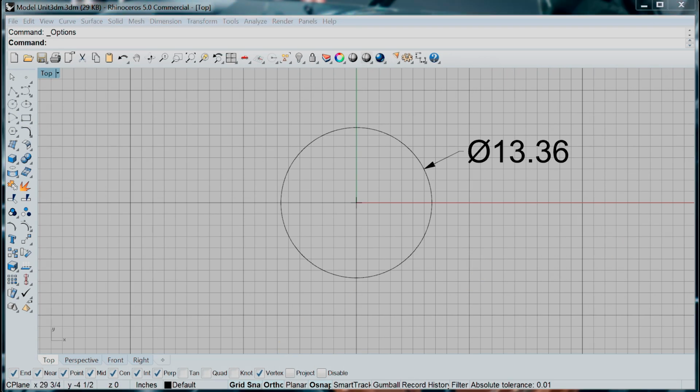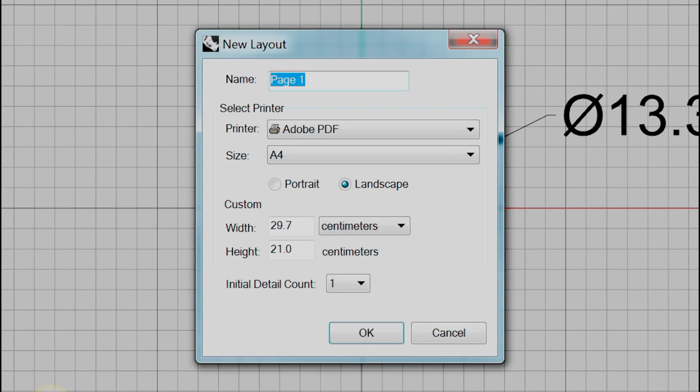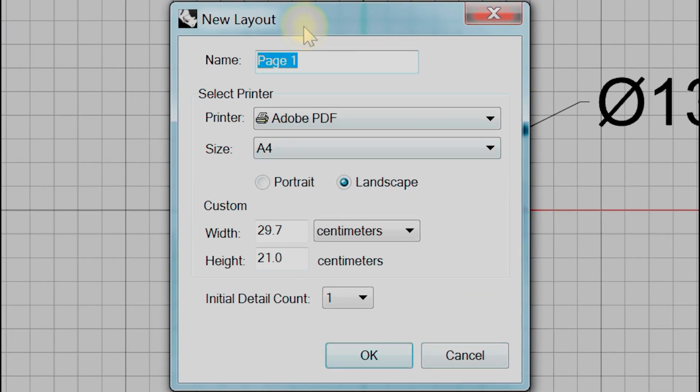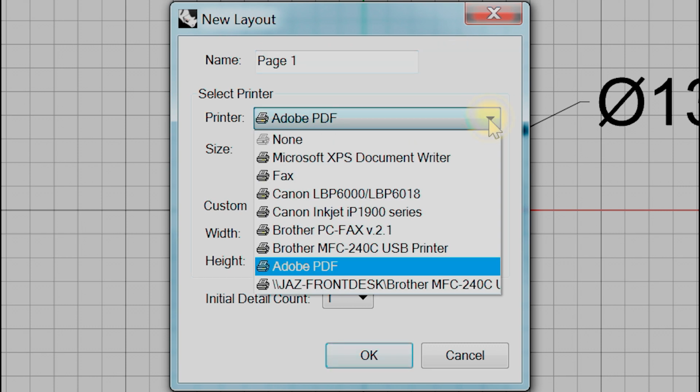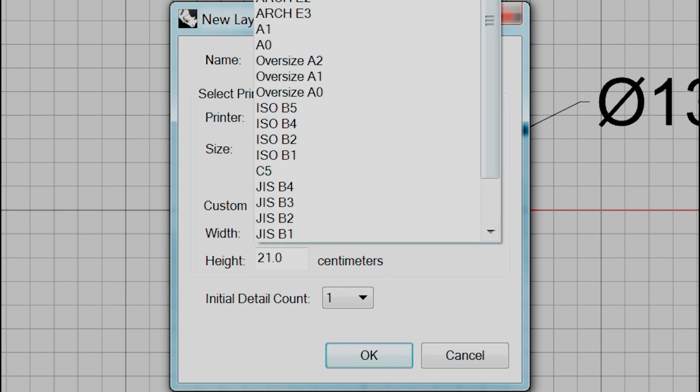If you want to use the page layout, then you need to create a new layout. Click on the Page tab and choose New Layout. Then you have to specify the name of the page. Select a physical printer or virtual printer like Adobe PDF. Select the paper size